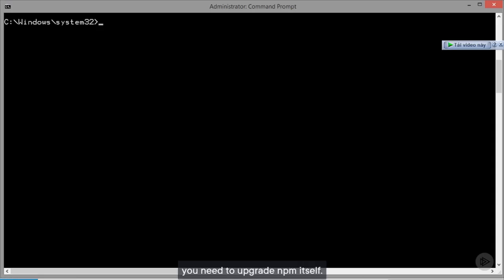You may at some point discover that you need to upgrade npm itself. This is actually fairly easy because you can install a new version of npm just exactly as you can with any other package by using the npm install command. There's just a few things you need to keep in mind. The name of the package is npm, of course, and to be clear, we'll use @latest to get the latest stable version of npm. It's a global package, so we have the -g, but most important, you must run this